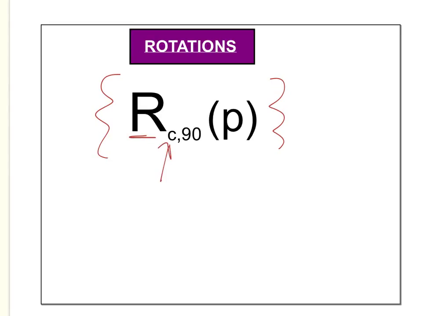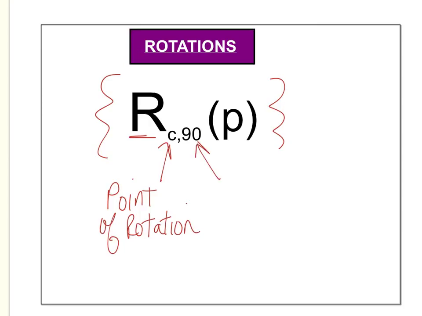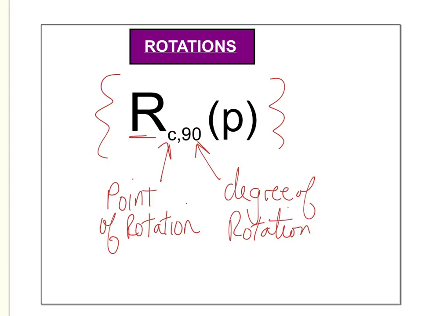This right here is going to be the point of rotation. What will be nice is on a coordinate plane, it will always be the same point. This number right here is going to represent the degree of rotation. We are only going to deal with 3 degrees of rotation: 90, 180, and 270. Those degrees should be familiar to you. And then inside the parentheses right here will be the object